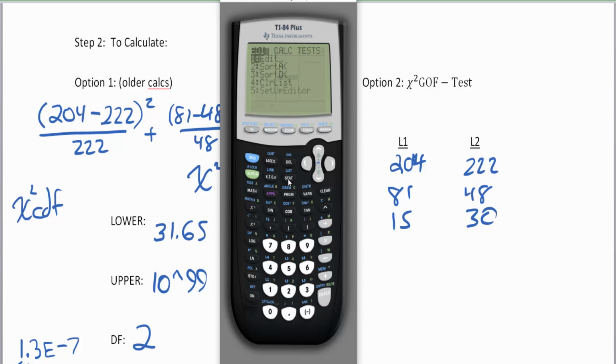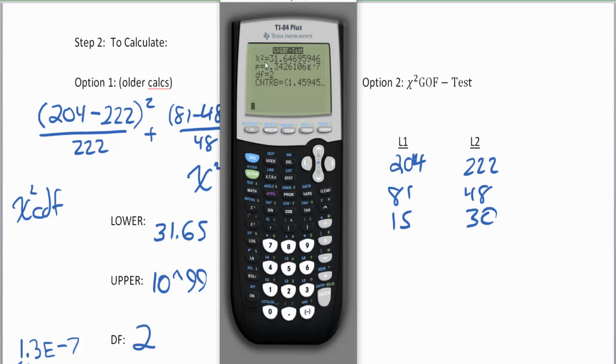Okay, so now I'm going to go stat. I'm going to move over to tests. I'm going to scroll down a bit until I get to the chi-squared goodness of fit test. Make sure it's the GOF test. And then I hit enter, and it looks like I got my list 1 and list 2 all set up, but my degrees of freedom is 2. 2 degrees of freedom. And then we're going to calculate here,